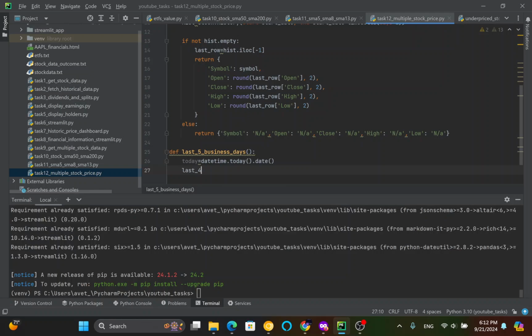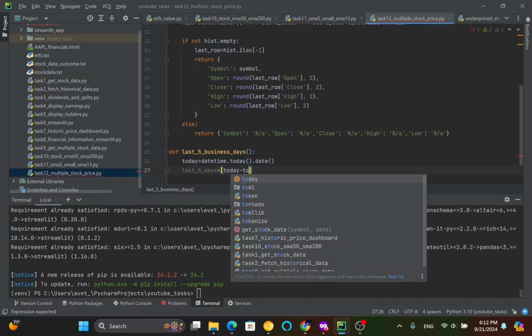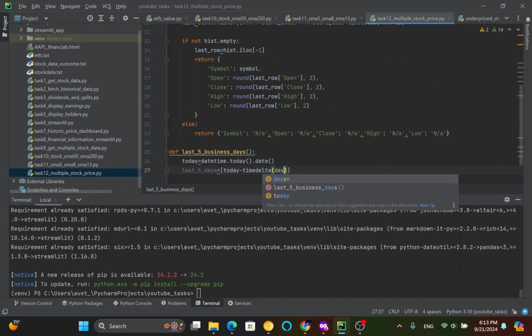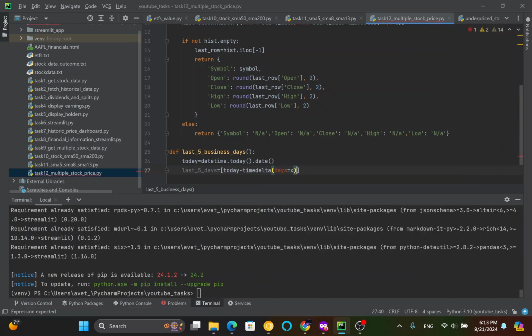Last 5 days will be today minus timedelta with days equal to x for x in range